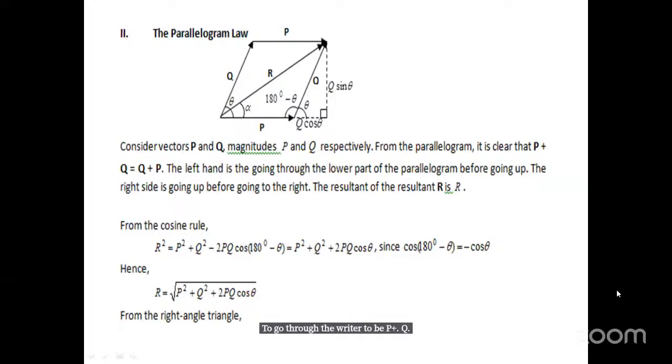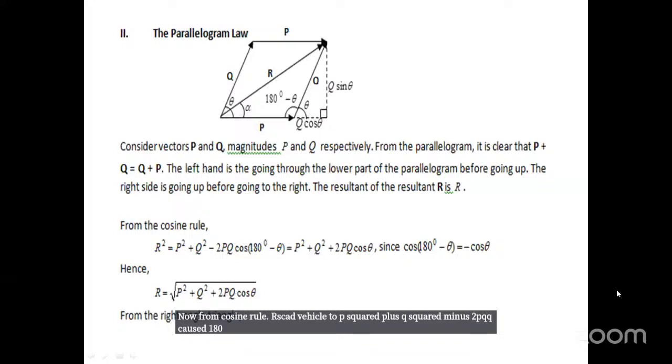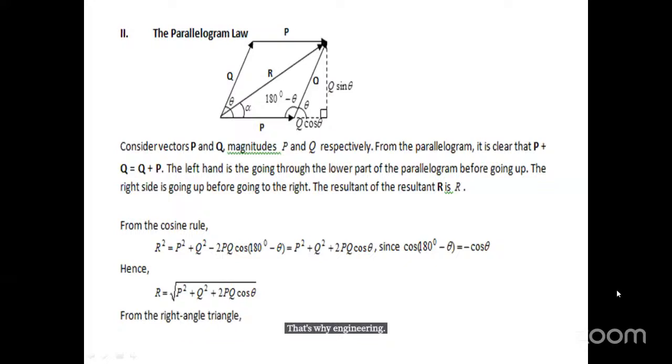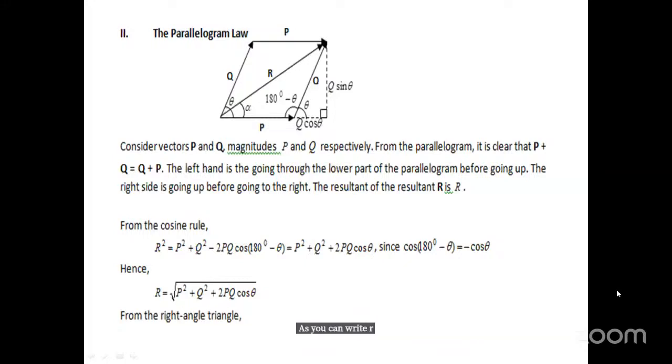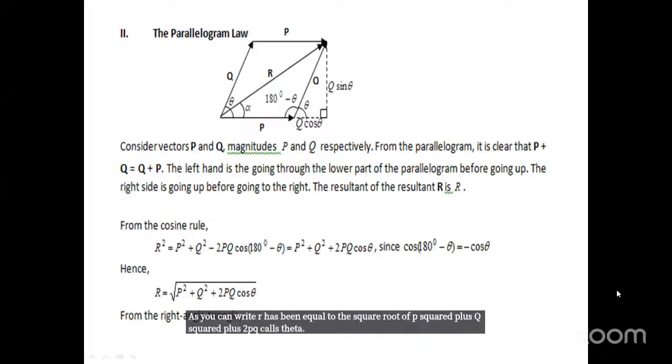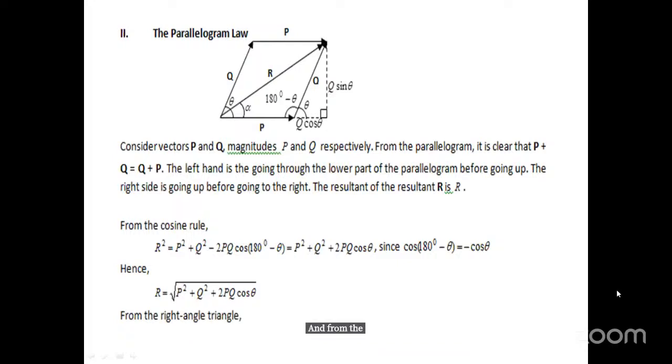Now, from cosine rule, R squared will be equal to P squared plus Q squared minus 2PQ cos of 180 minus theta. We all know that cos 180 minus theta is minus cos theta because 180 minus theta is in the second quadrant. Cosine is negative in the second quadrant. Hence, we can write R as being equal to the square root of P squared plus Q squared plus 2PQ cos theta. And from the right angle triangle,